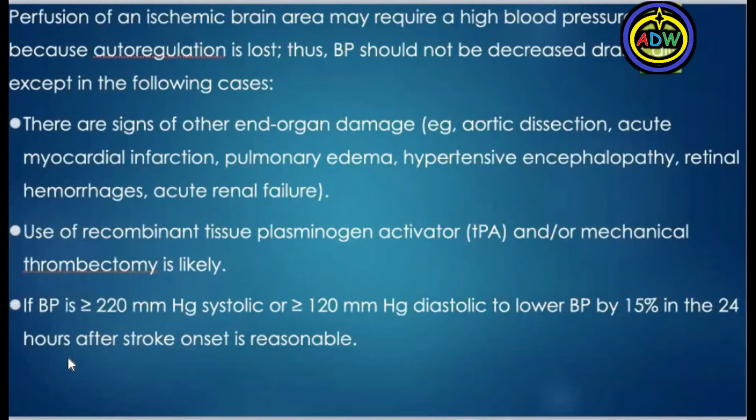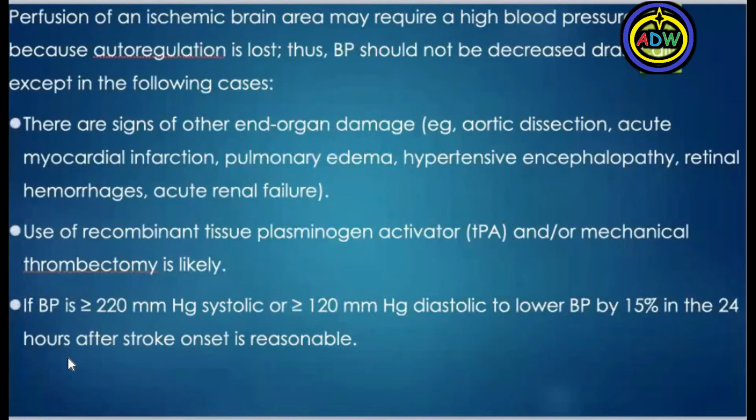Usually we don't decrease blood pressure drastically, so as not to make the patient's condition worse, because the patient experiences hypoperfusion, and if systemic blood pressure is decreased drastically, of course it will lead to a decrease of brain perfusion. So we should decrease blood pressure only by 15%,